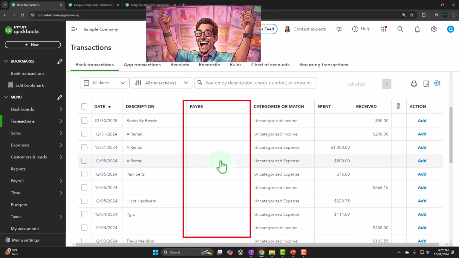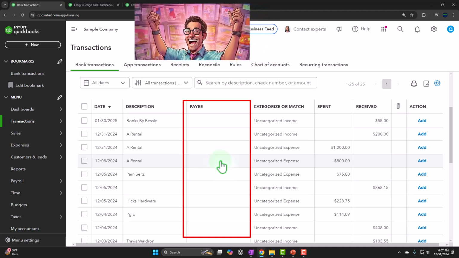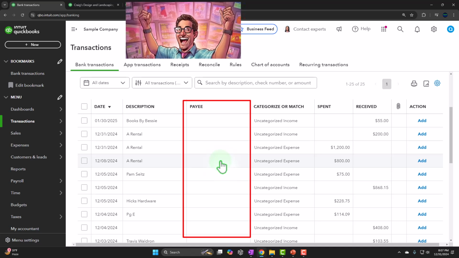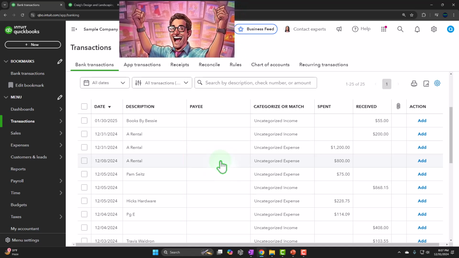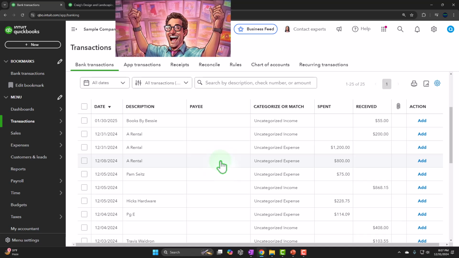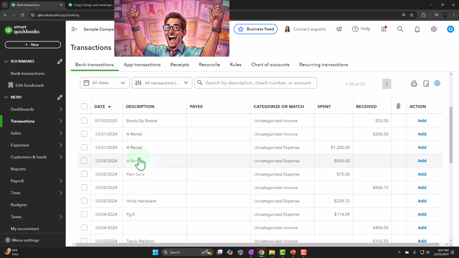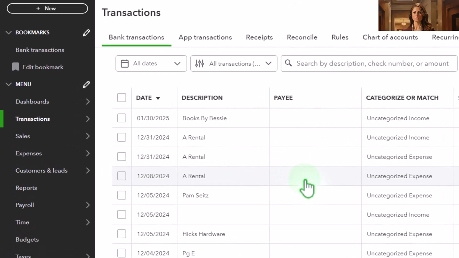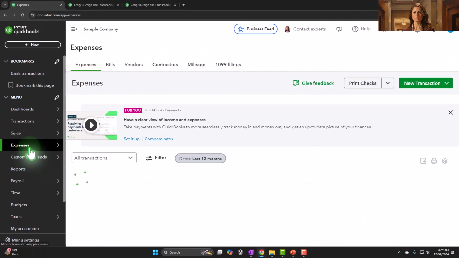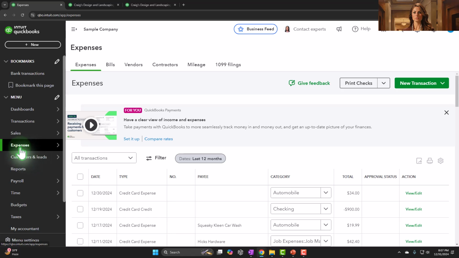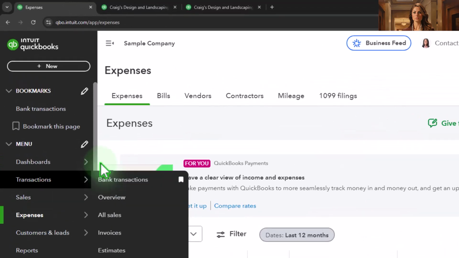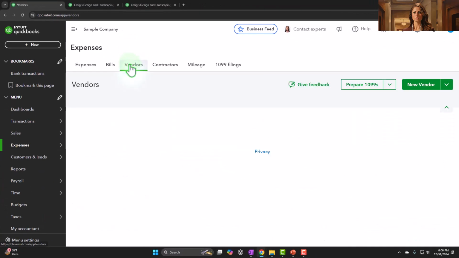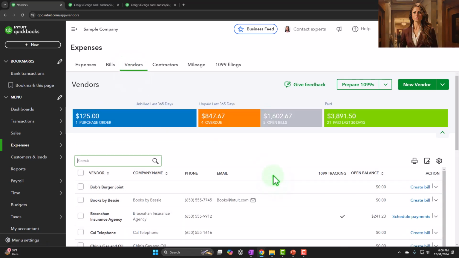It's not going to change the impact on the financial statements, but it will allow you to sort your information by who you paid. So if you have to go later and you want to check out all the payments you made for the telephone company, you can easily go into the expenses center and find them. If you do not enter the vendors, you won't be able to do that. So you want to enter the vendors, and then sometimes, even if you're on a cash-based system, you might still be going over here to the expenses and sorting your information by vendor and just seeing what you paid